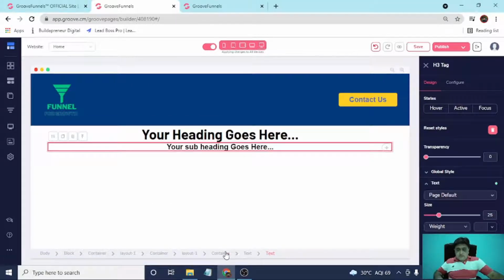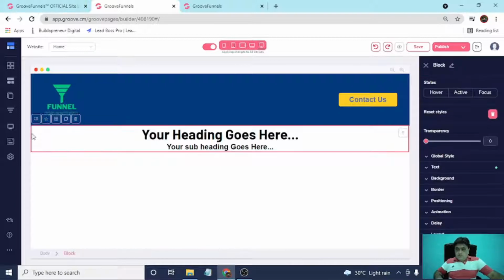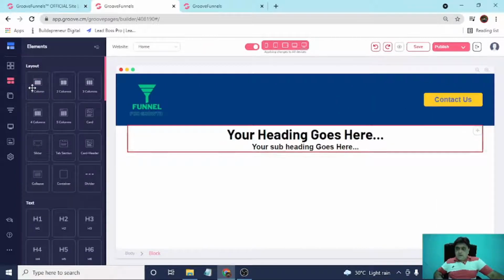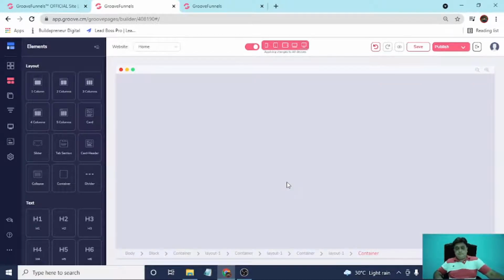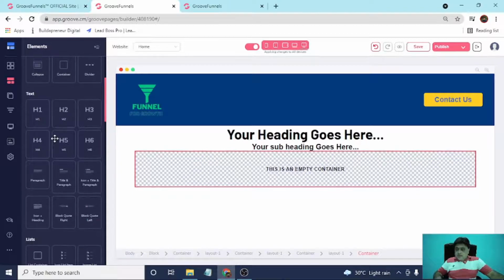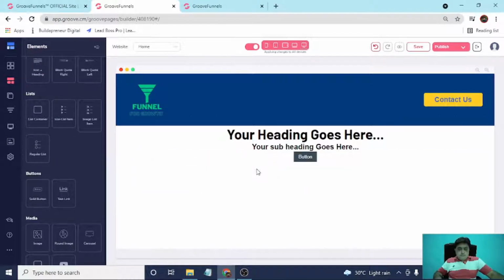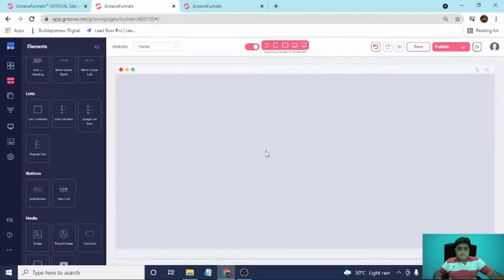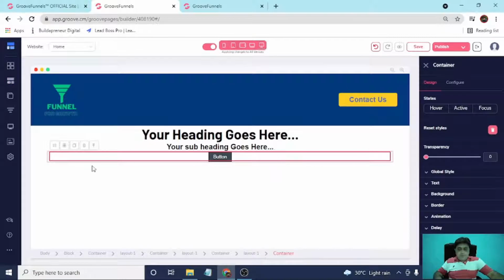Now let's create a button. For button we have to select any column and drop it here. Now select button from here, drop it here. Give spacing a little bit.